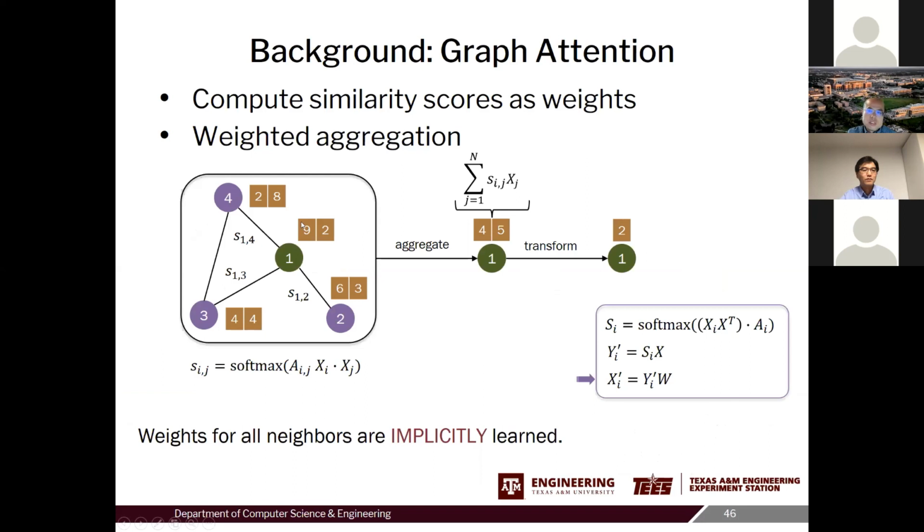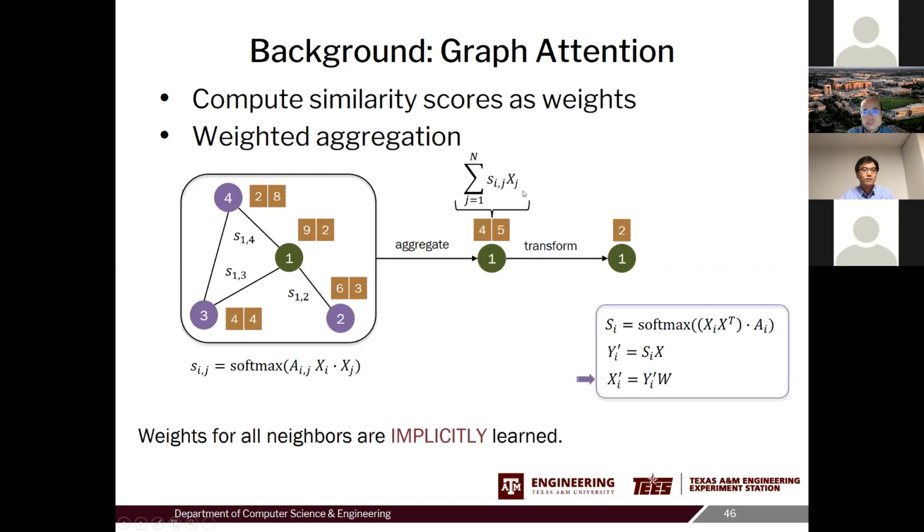So here is an example. For example, if you try to learn the feature for node number 1, you first compute the similarity between node number 1 and each of the neighbors, here the nodes 4, 3, and 2. Then the node feature for node number 1 is a weighted summation of the neighbor features using the similarity score S here.